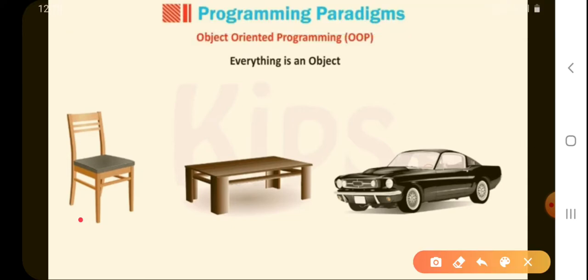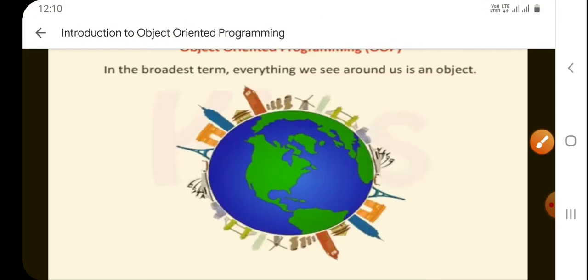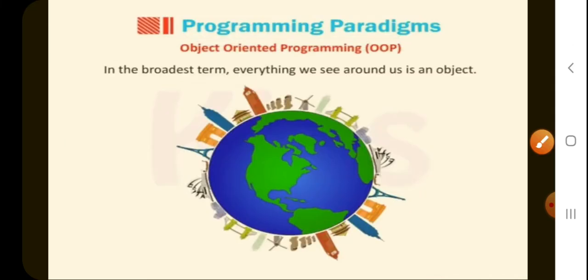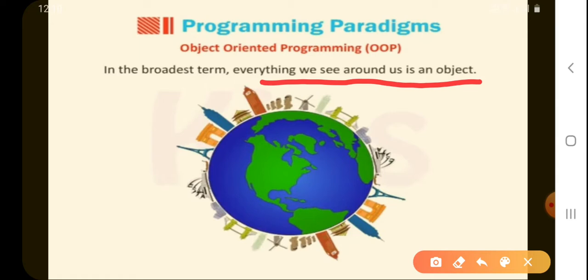It can be a chair, a table, or a car. If we talk about the broadest term, everything that we see around us can be termed as an object. Anything that you can see, we can call an object in object oriented programming.